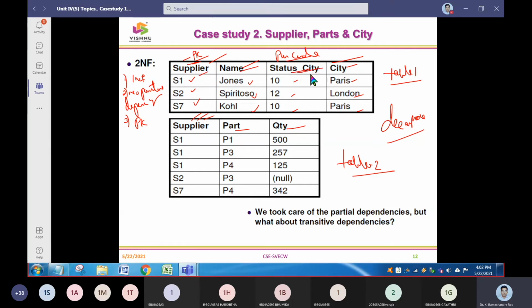That is all related. But part and quantity are related, while there is no relationship between the city, the pin code and the quantity. There is no relationship between pin code and part. If there is no relationship between these two, why are you going to put both in a single table? So we need to divide this table into multiple tables, but those multiple tables should have a relationship among each other.